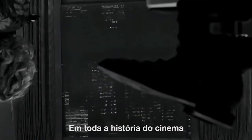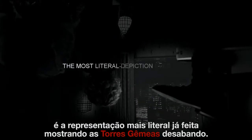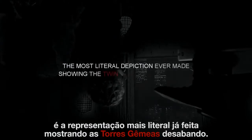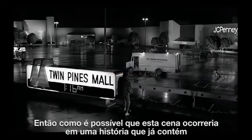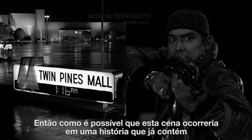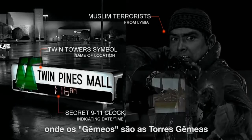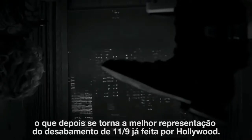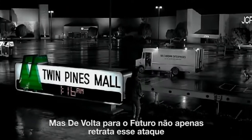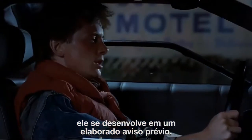In the entire history of cinema, this scene of Back to the Future is the most literal depiction ever made showing the Twin Towers falling down. So how is it possible that this scene would occur in a story that already contains a terrorist attack by Muslims at the Twins on 9/11, where the twins are the Twin Towers, which then execute Hollywood's best depiction of the Twin Towers' collapse? But Back to the Future doesn't just portray this attack, it develops into an elaborate warning